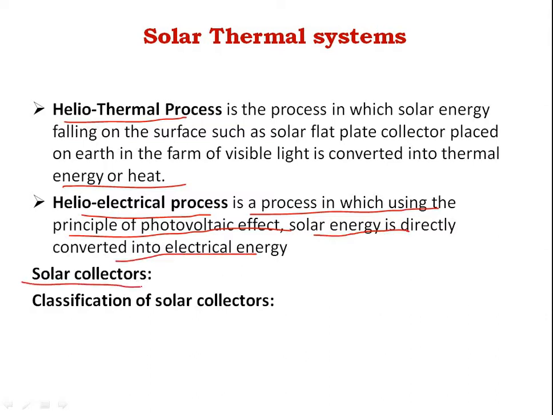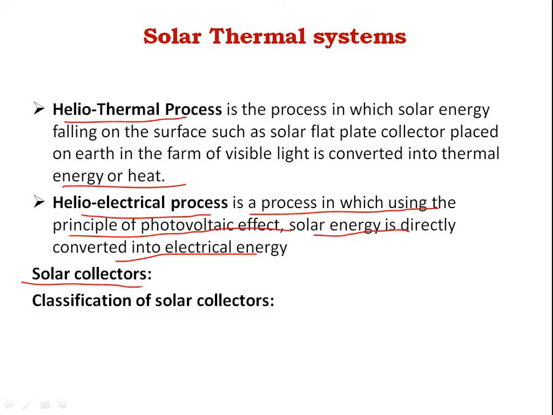Next we will be discussing solar collectors. What are solar collectors? Solar energy reaching Earth's surface has a small intensity of about 5 to 7 kilowatt hour per meter square. Hence, for any worthwhile application, sufficient solar energy should be collected from a large ground area with the help of many solar collectors. A solar collector is a device for collecting solar radiation and then transferring the absorbed energy to a fluid passing through it.